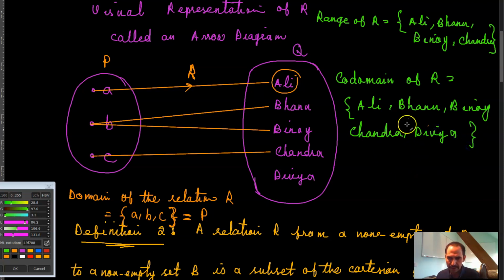And as you can see, this is actually equal to the whole set Q. And also you can see that the range is actually a subset of the codomain. Now, of course you can imagine that the range